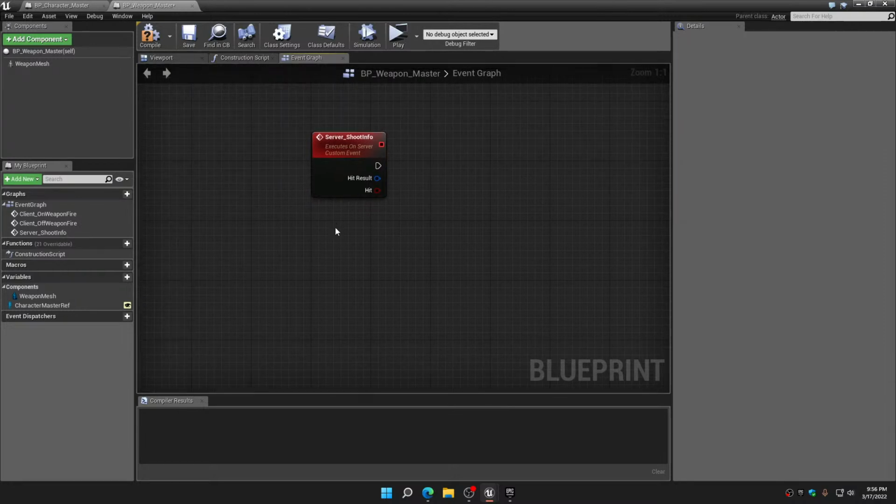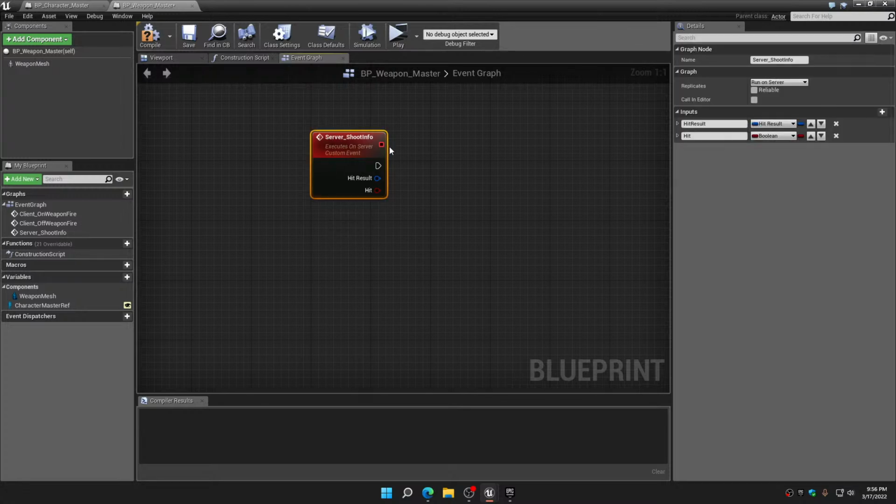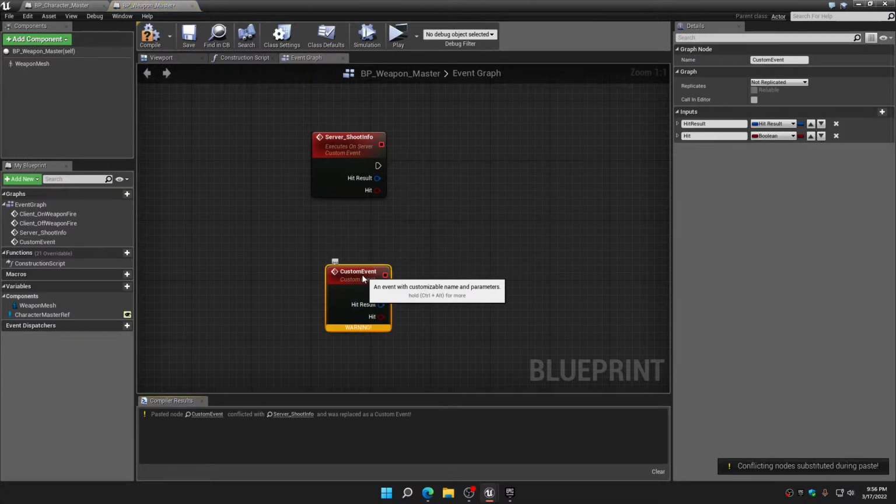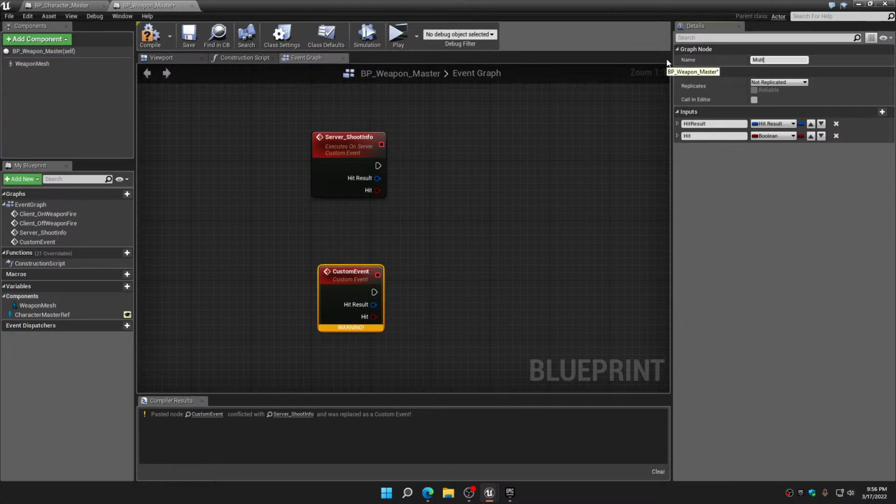So now we're going to take this node and duplicate it. And we're going to change the name of this to multicast weapon FX. And we'll compile that and save it. And we're going to call that right here